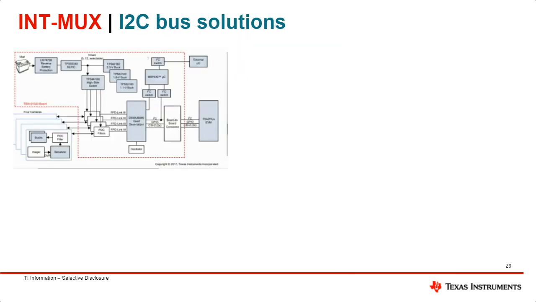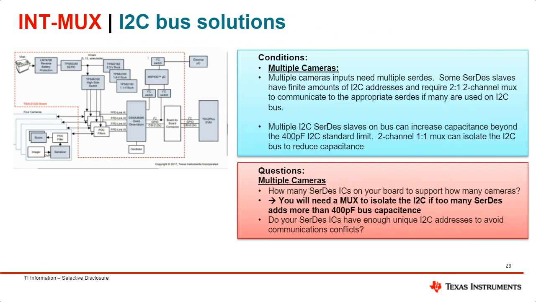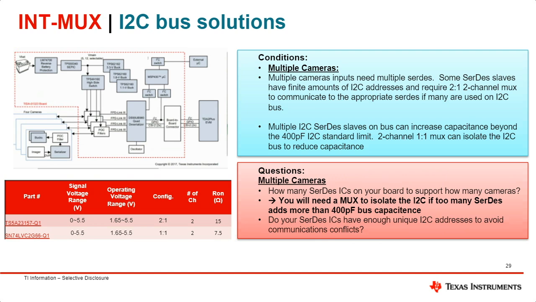Our devices can also be used for I2C applications. As you can see, there's a bus being split into two. One big thing in I2C applications is that the bus has a limit of 400 picofarads max capacitance. So when you use a multiplexer, you can split that bus into two buses, which means each bus can have its own 400 picofarad bus capacitance, which increases the number of peripherals you can have on your bus. And you can just switch between them.